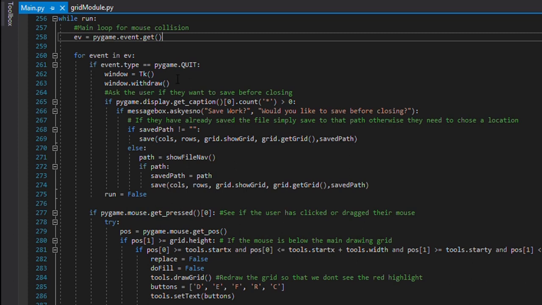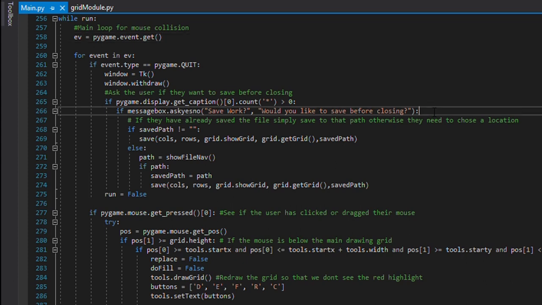So first of all, we'll see if he has clicked on quit, which means the person wants to quit or close the program. For that, first of all, we'll make sure whether the file is saved or not. If it is not, we have to ask the person if he wants to save the file before closing, so he can save the project and does not lose any of his work. So simply using some if else statements in Python, we have achieved this functionality.